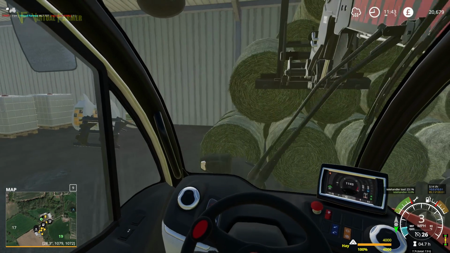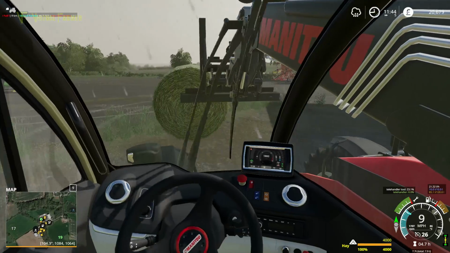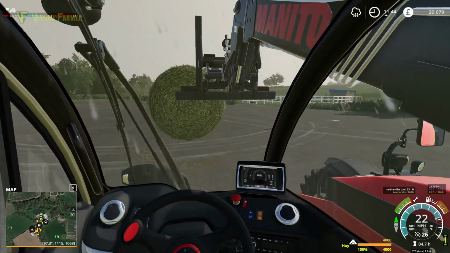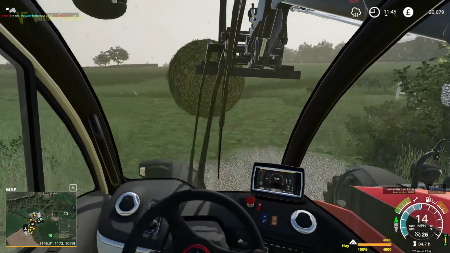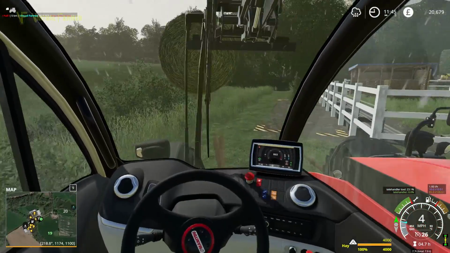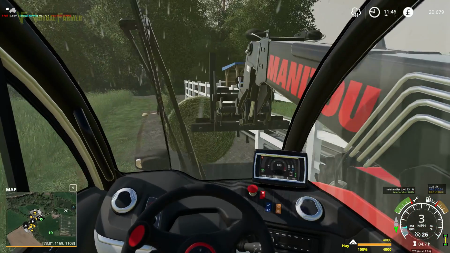Perfect. And if we lift and reverse, then that makes things easy. Single straw bale, single hay bale. Now I think this should go in the feeding trough. This hopefully will break down that. So let's find out. It won't. Why won't that go into...